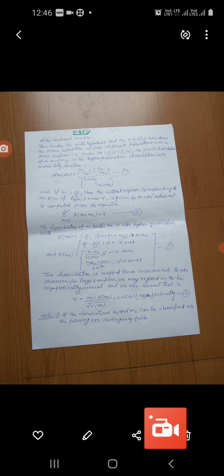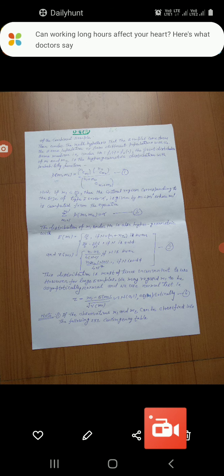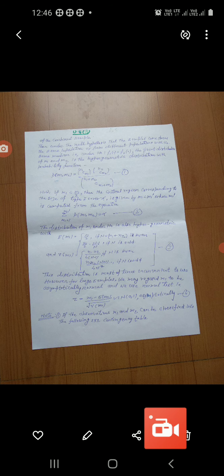Then under the null hypothesis that the samples come from the same population, or come from different populations with the same median, that means under H naught, f1 dot is equal to f2 dot, the joint distribution of m1 and m2, where m1 and m2 are the numbers of x's and y's,